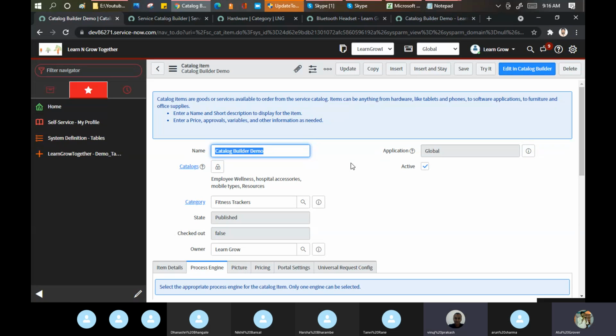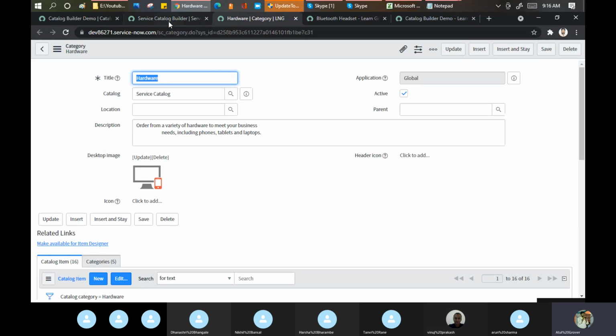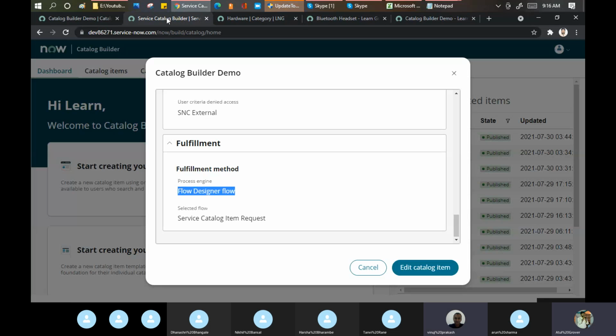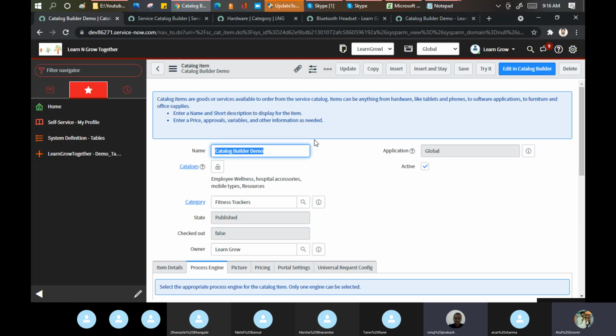ServiceNow says that when I am giving you any module, you should use that module the same way as I am giving it to you. But if I need to use it the same way, I can create the item in the catalog builder only and only via the template. Right? Which maybe is not good for me, not good for my business, not good for my project. Just as a workaround, I showed you this trick here. If you go and talk to ServiceNow, they will say that it is not a best practice. They say you are violating the product utilization actually.